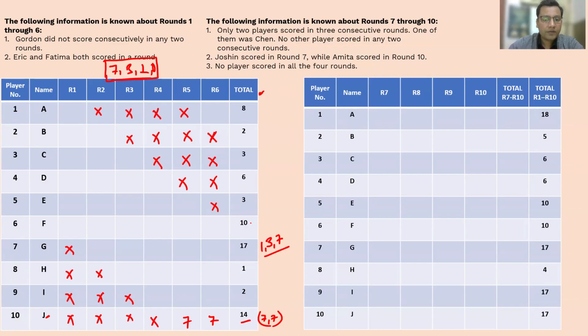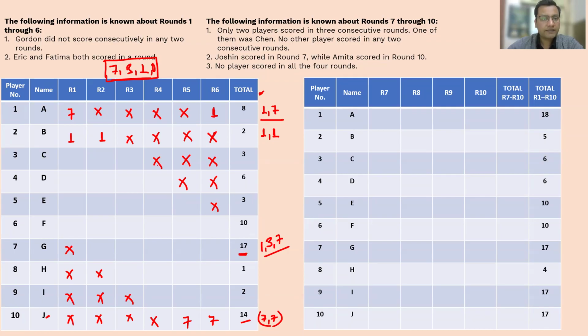Similarly, now look at this. B has scored 2 points. Now 2 can be written as the sum of 1 and 1, and only 2 cells are there, so I can fill it 1 and 1. Now 8 can be written as the sum of 1 and 7. Since 1 is already in round 1, I cannot put 1 here. So this will be 7 and this will be 1. This will be 1 only since there were only 2 boxes. Now coming to